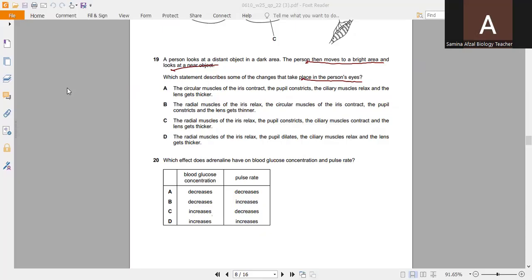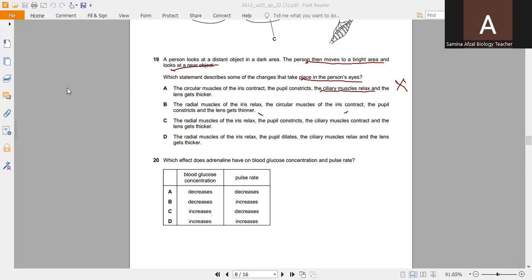The pupil must constrict. This is achieved when the circular muscles of the iris contract and the radial muscles relax. Here they have ciliary muscles relax. There should be radial muscles. So this statement is not correct. The radial muscles of the iris relax, the circular muscles of the iris and the pupil constrict, and the lens